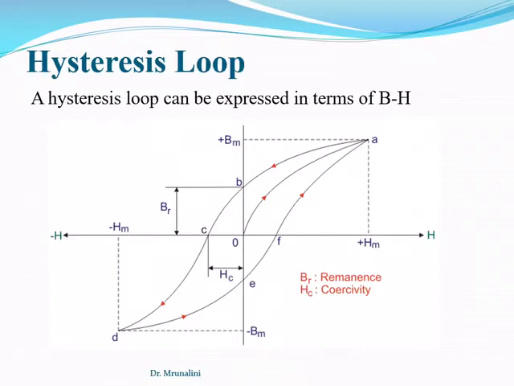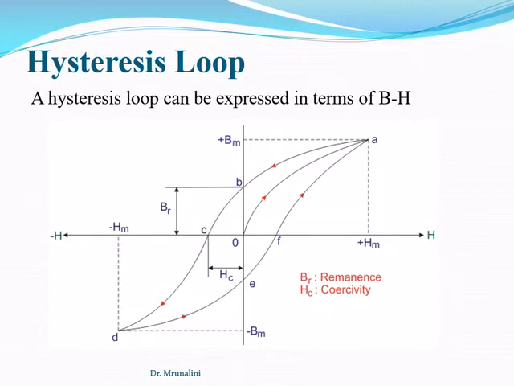To reduce this magnetic induction within the specimen to zero, a field of some magnitude must be externally applied in a direction opposite to that of the original field, which is called the coercivity. That is, OB is the remanence and here OC is called the coercivity. To reduce positive remanence, negative coercivity is required.